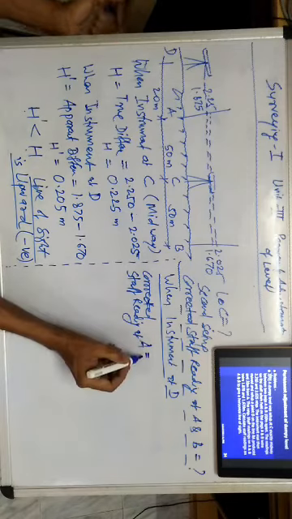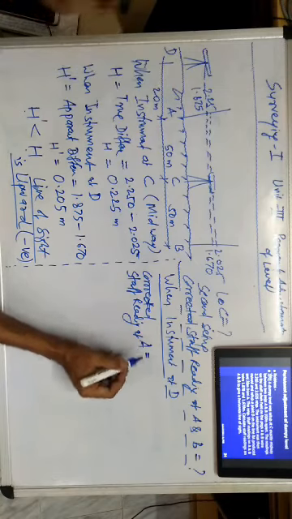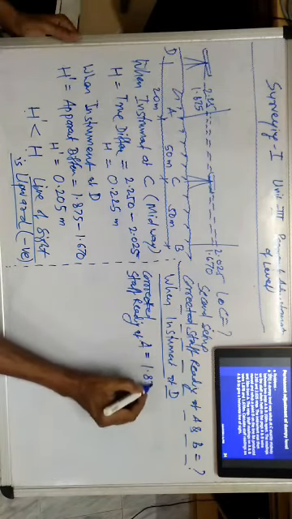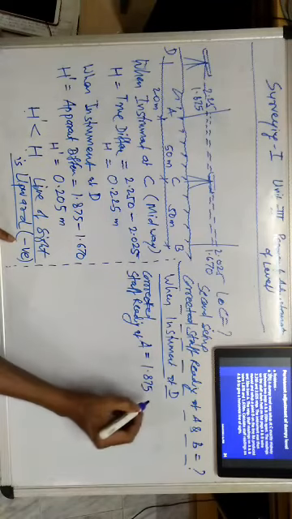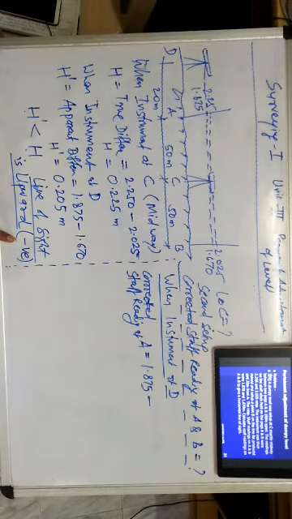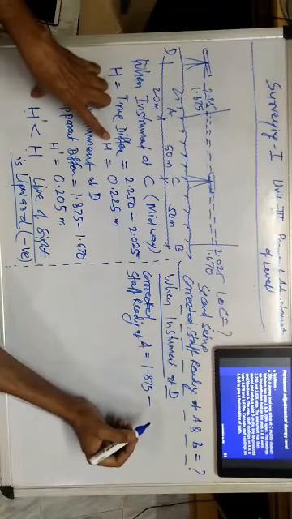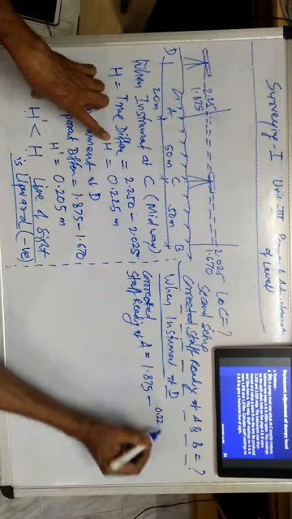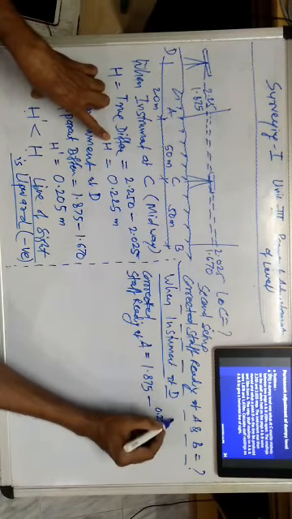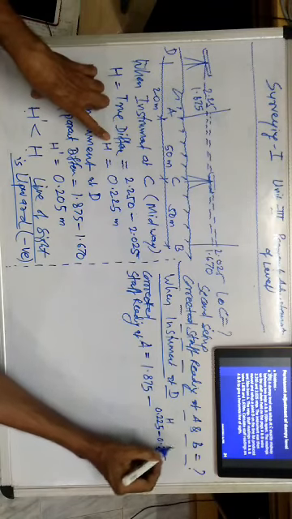Now when the instrument is at D, the reading at A given is 1.875. So the reading will be 1.875, and from this we have to subtract the correction. We have to remember how the correction is calculated. H and H dash are the true difference and the apparent difference. So from 0.225, that is the value of H, minus 0.205, that is H dash.